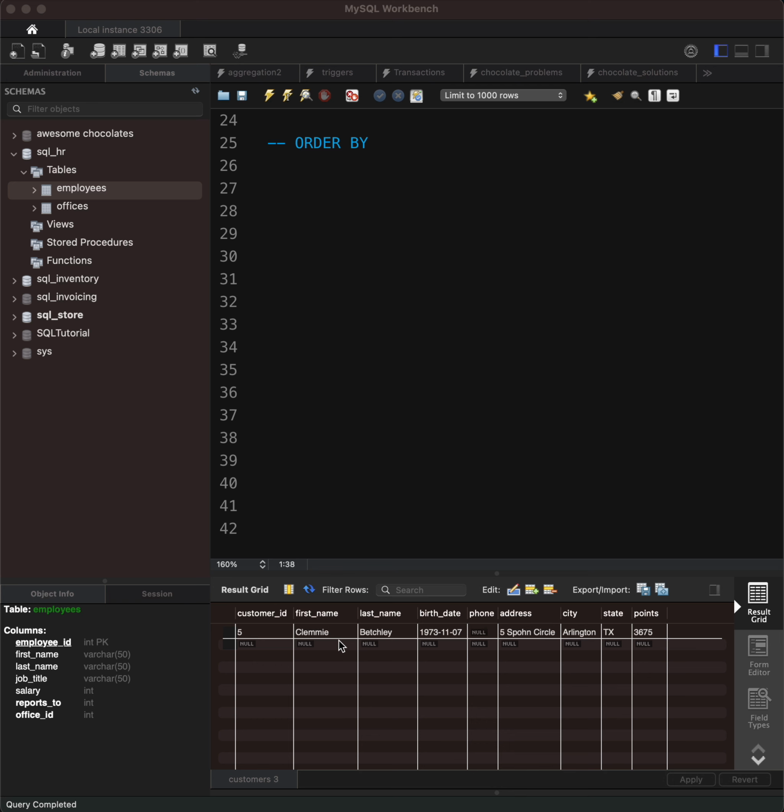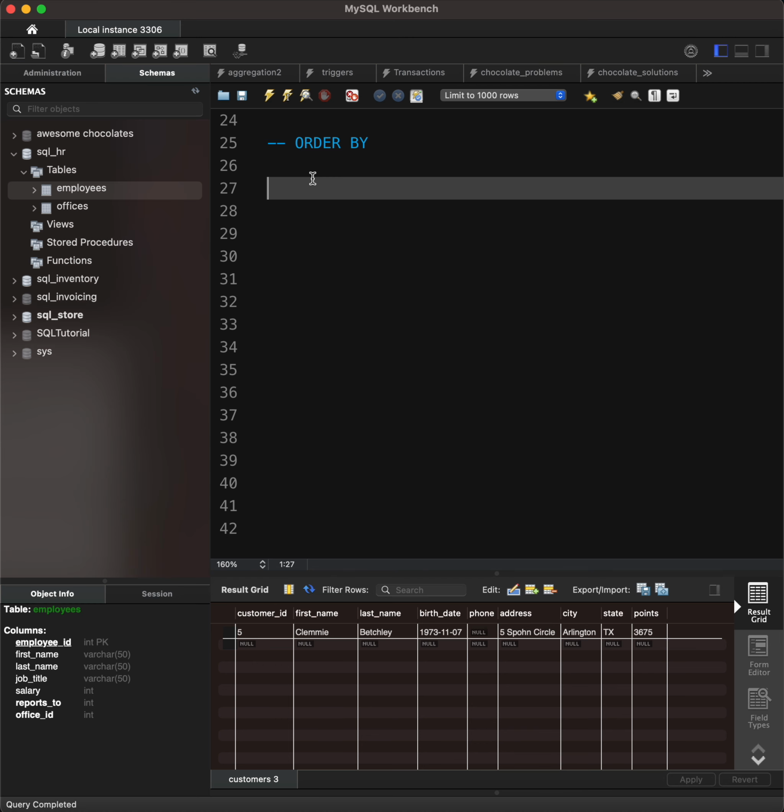So let's continue from where we left off. So let's look at the ORDER BY. Now this is used for sorting, and when you think of sorting, just think of rearranging something. So for instance, if you want to look at people who have points, and you want to sort them by, maybe, for instance, if you go to, I think, SQL store, if you look at the table